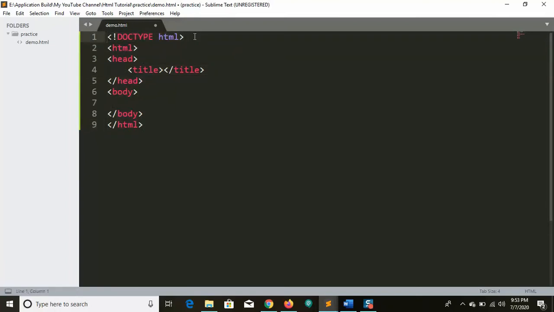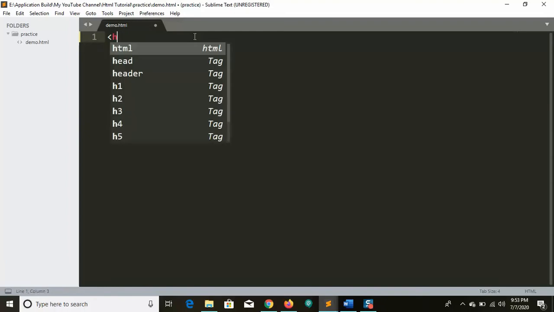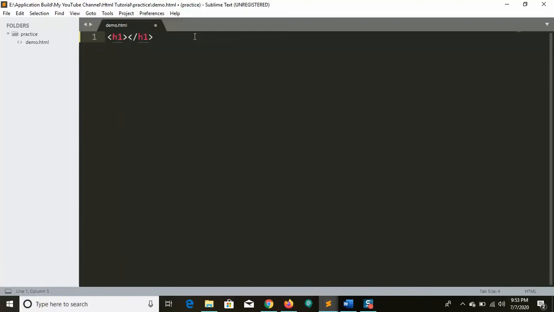From HTML5 onwards we use the doctype, so we declare the document type. And we have the HTML tag, which is opened here and closed at the last. If you are confused about this, let's delete it and give only an h1 tag.